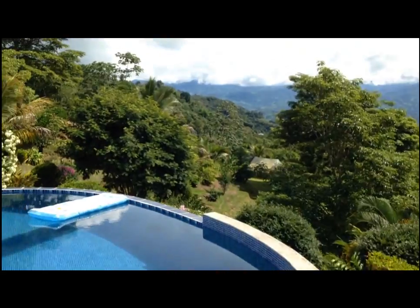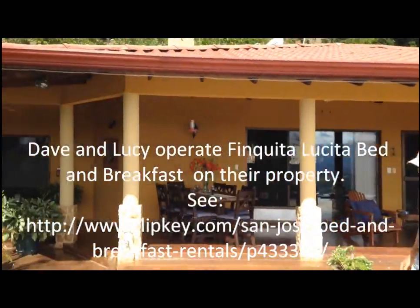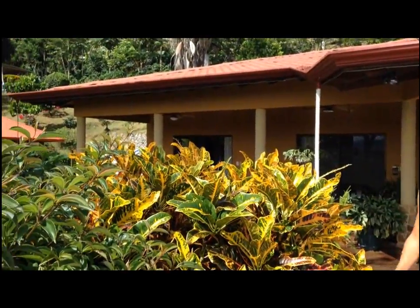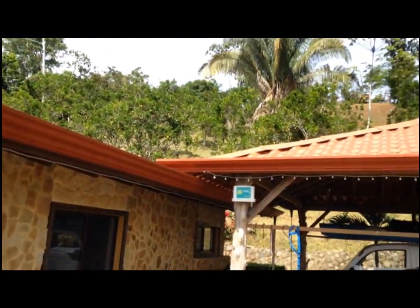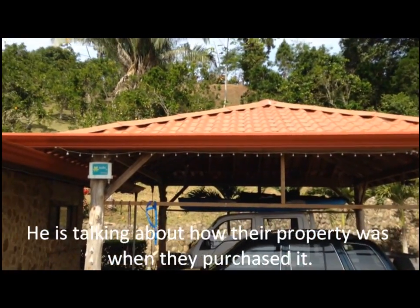And this is a 2-bedroom bed and breakfast? We have two rooms that we rent out, yes. And it's called Finca Lucita. Little Lucy's little farm. It's gorgeous. But you couldn't even see the oranges because the weeds were head high and the vines and the